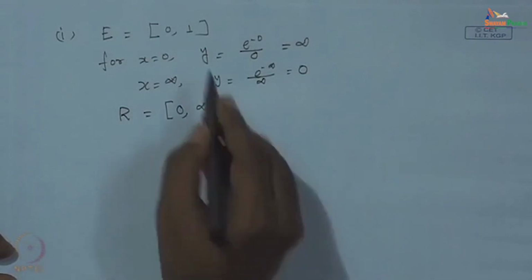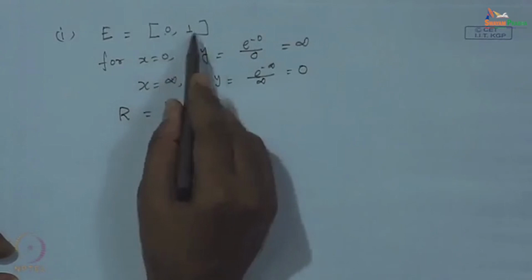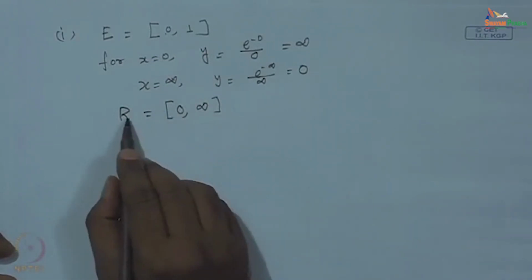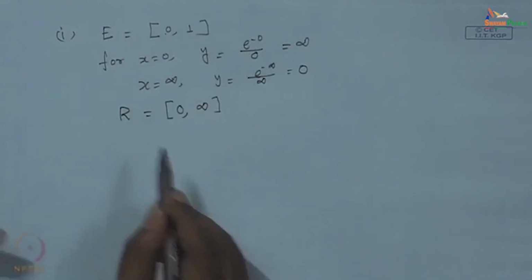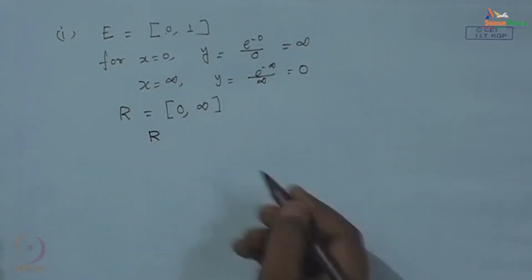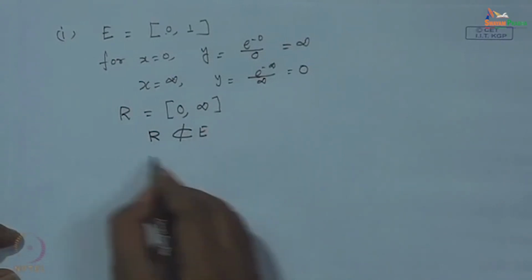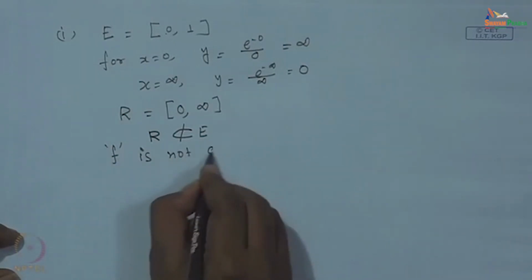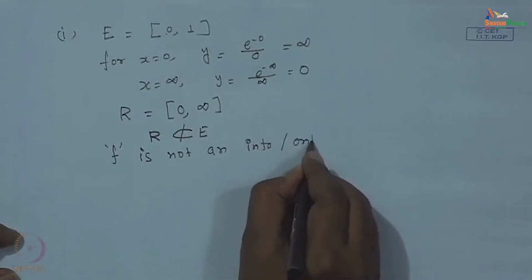Now, in this case E is 0 to 1 and the range is 0 to infinity. So, the set E is basically a subset of R, not the other way around. R is a bigger set, R is not a subset of E. Therefore, function f is not an into function, neither is it an onto function,